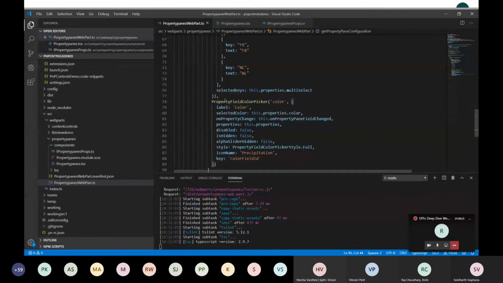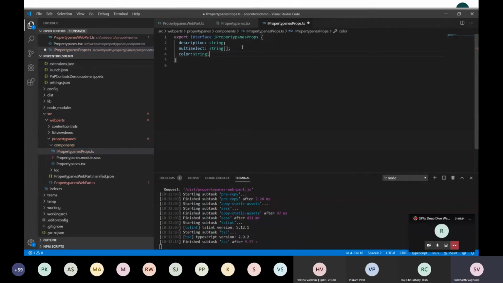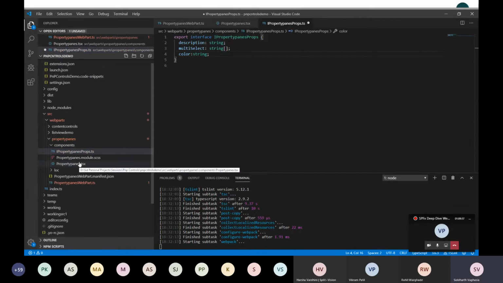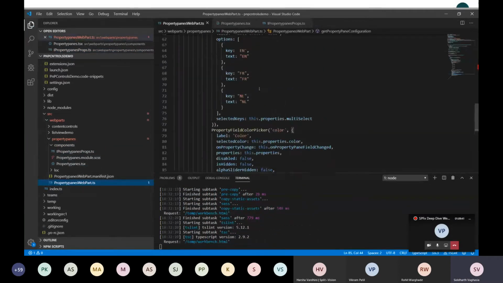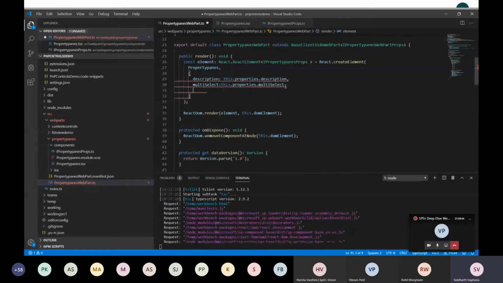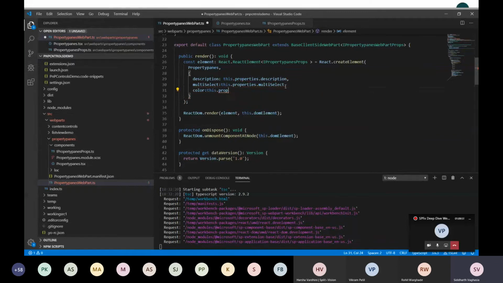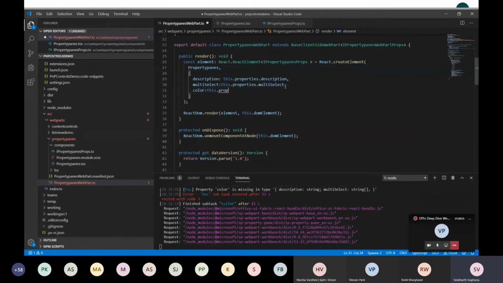Then I will again go to my component and add a property to hold that selected color, and then I will pass that from my webpart.ts file: properties.color.